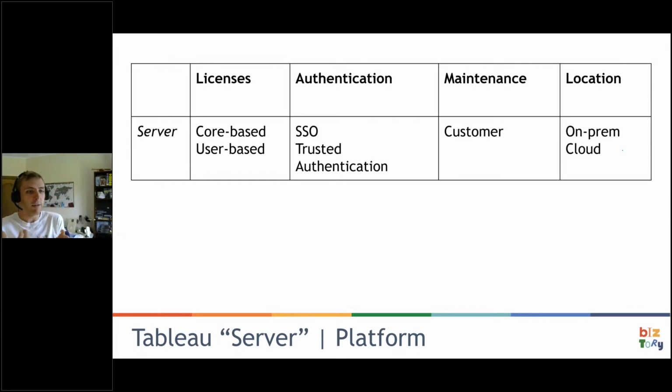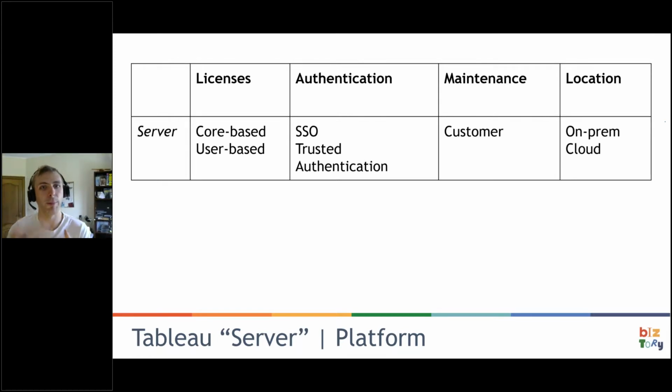And it's effectively you buy the software and you use the software and you install and you configure and you maintain the software. So this is the most extended, let's say, approach to the whole thing. So looking at each of these aspects, we have the fact that